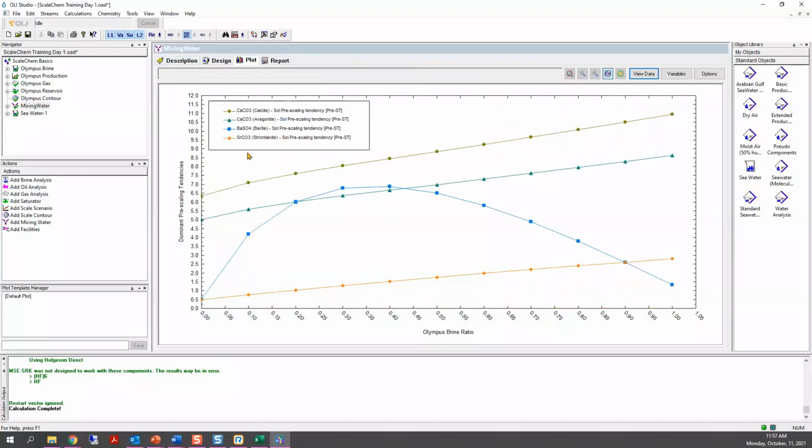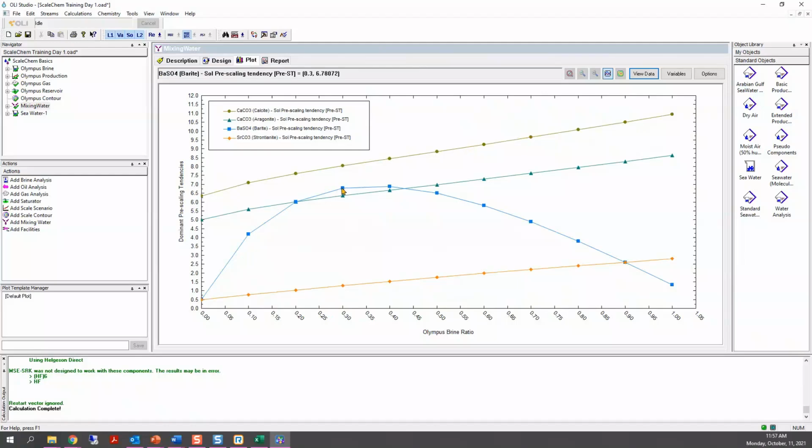And in here, now you'll see what the prescaling tendency values are as you mix these two brines. This is an incompatibility plot. You have a maximum point, and that maximum point is happening for barite, a solid prescaling tendency of around 7.